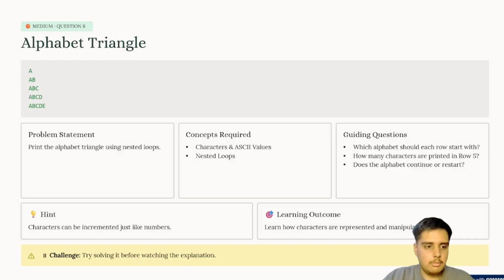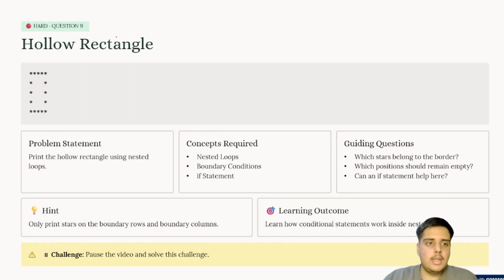Coming back to our presentation, next comes a very important question, a little bit difficult, a little bit tricky also. So, hollow rectangle. The problem statement is to print the hollow rectangle using nested loops. Concepts required are nested loops, boundary conditions, if statement.